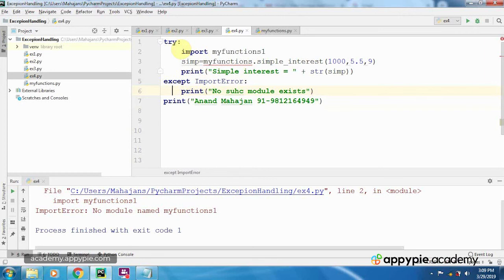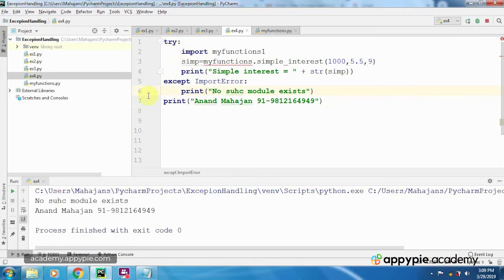Now Control Shift F10. Yeah, as you can see, I have written myfunctions.simple_interest and 1000, 5.5 and 9. As you can see, I have mentioned a module which does not happen to be present. The actual name was myfunctions, but at the time of import I have written import myfunctions1.